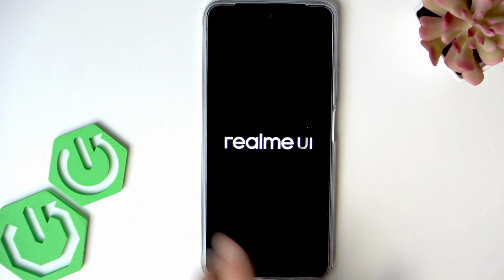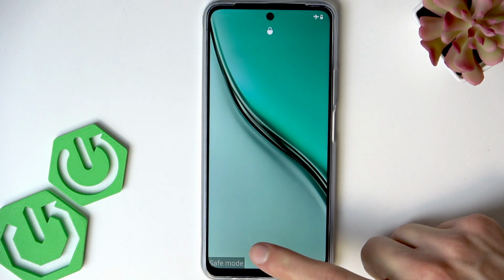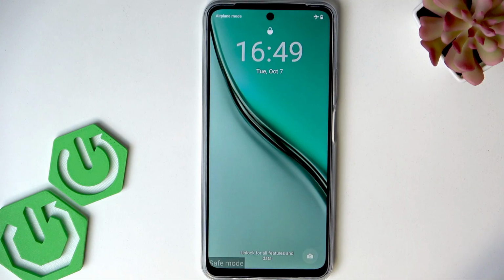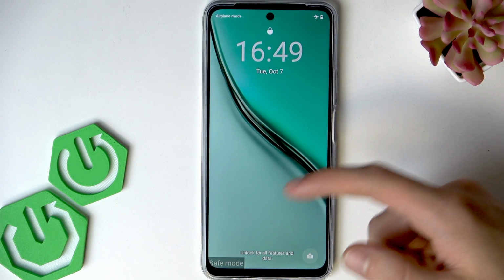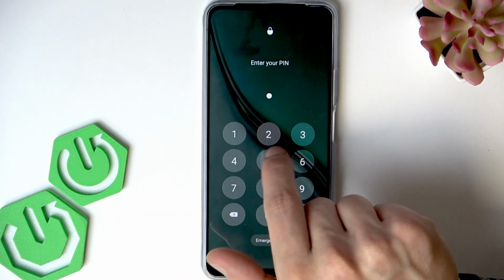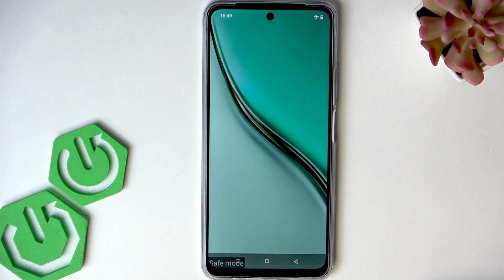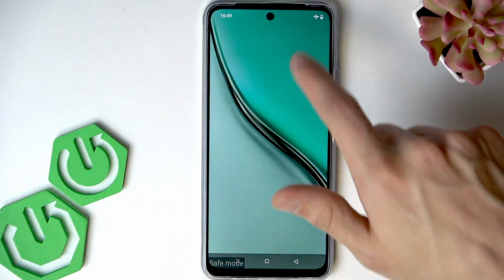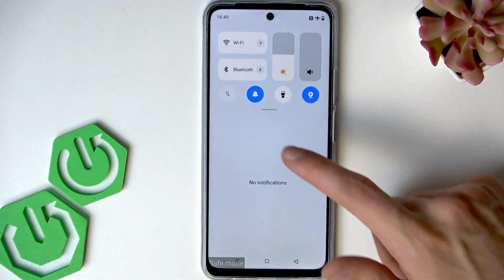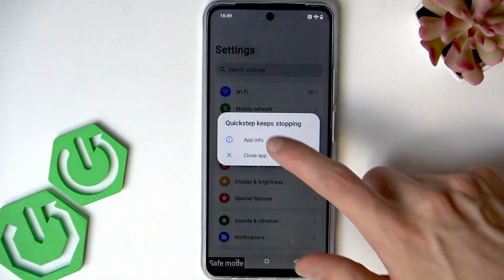Okay, and once you enter the safe mode, you will be able to see the safe mode indicator in the bottom left corner of your screen. Now, what you have to do is enter your PIN code once again, and try to access your device. And just in case you succeed, swipe down the control panel, tap the gear icon at the top,